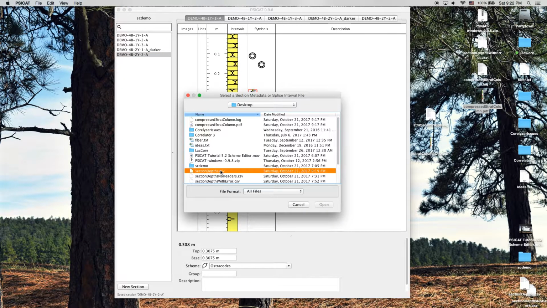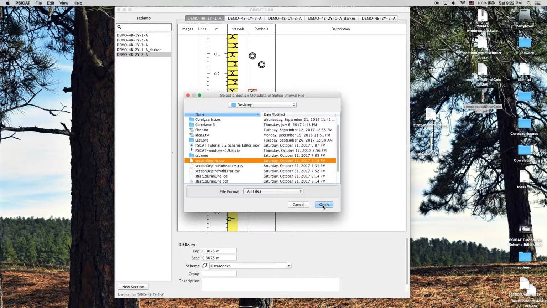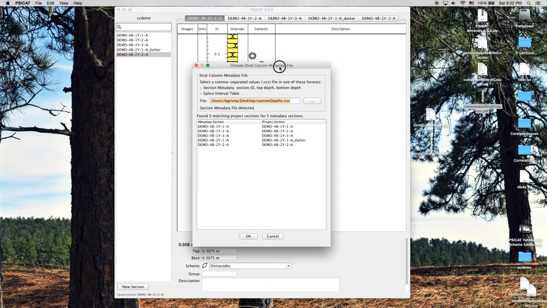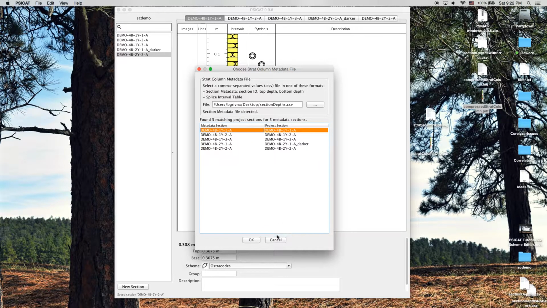And now you'll choose your section depths file. This dialog shows how PSICAT matched sections in your section depths file to the sections in your PSICAT project. As you can see here, all 5 sections matched up. It says I found 5 matching project sections for 5 metadata sections. That's good. However, if our names are wrong, or there's some sort of typo in our metadata, for instance,